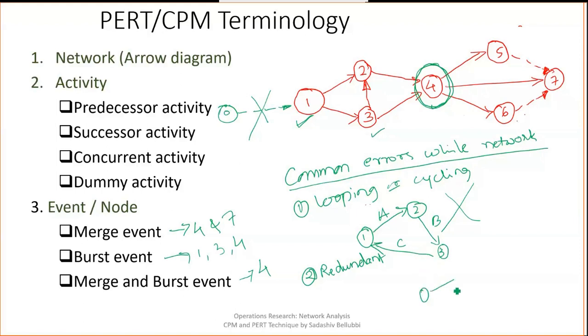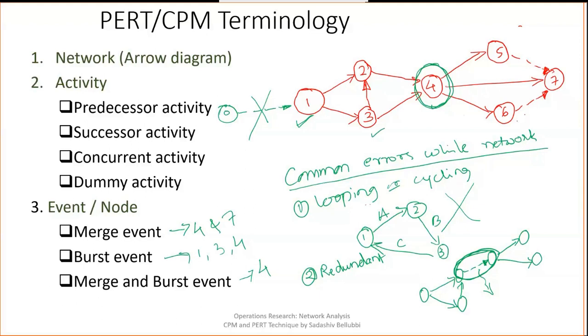Okay, this is one network. We can write the node numbers and so on. Now in between, if you show it by a dummy activity, this is not the correct way. This is actually the redundant activity. You can remove this dummy and make a big circle. Make one more activity and just name it. That's fine. So do not draw dummy activities if they are not necessary. This is one more common error.